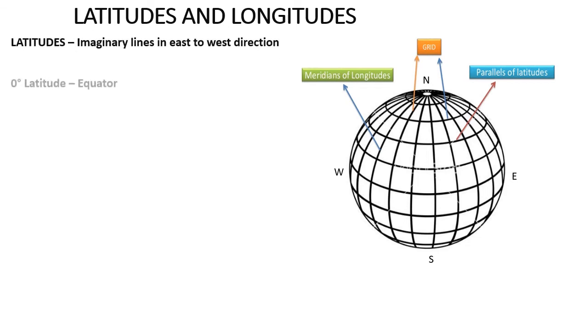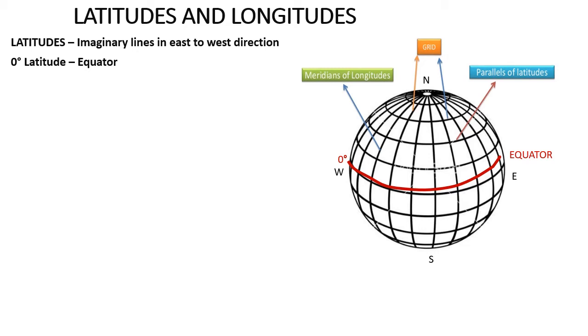Latitudes are imaginary lines which run in east-west direction between two poles, North Pole and South Pole, which are the fixed, real points, with the help of which the other lines have been imagined. So latitudes run in east-west direction between two poles, North Pole marked with N and South Pole marked with S. 0° latitude is the largest latitude